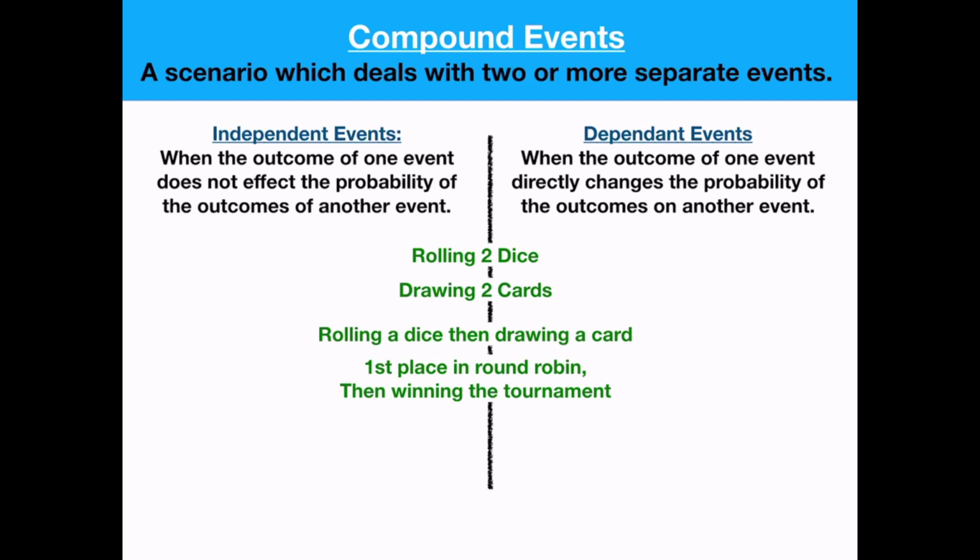Okay, so hopefully you thought about where they went, paused if you needed to. I'm going to reveal the results. So rolling 2 dice are independent events. The dice don't talk to each other. If you roll a 3 on the one dice, the probability of rolling a 3 on the next dice is still 1 out of 6. Even if I roll a 3 7 times in a row, the probability that I roll a 3 on that 8th time is still 1 out of 6. The probability of all of those things happening together is really low, but the probability of each individual 3 is